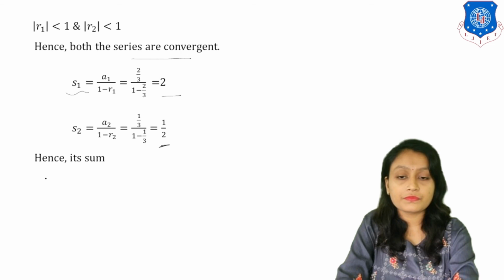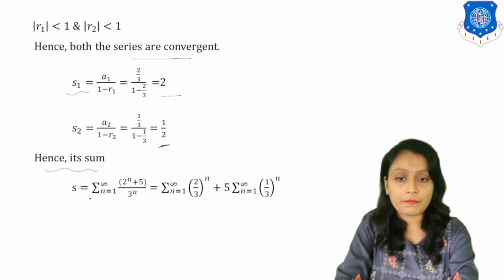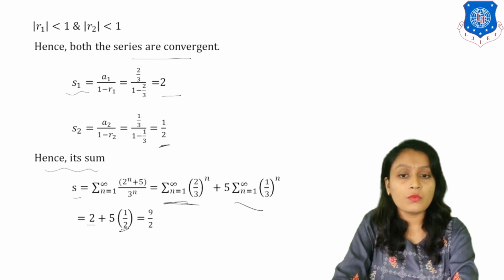Okay, now the total sum S is equal to summation (2 raised to n plus 5) upon 3 raised to n. So this we have split like this. Now the answer of this series is 2, plus 5 we have kept as it is, and the answer of this series is 1 by 2. Okay, simplify this, so you will get